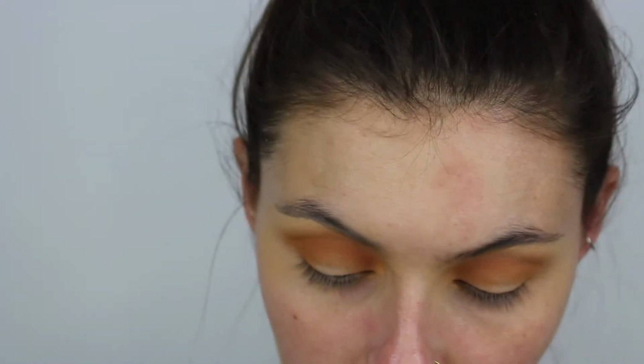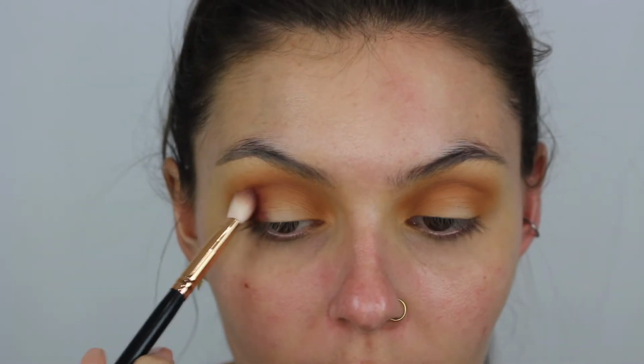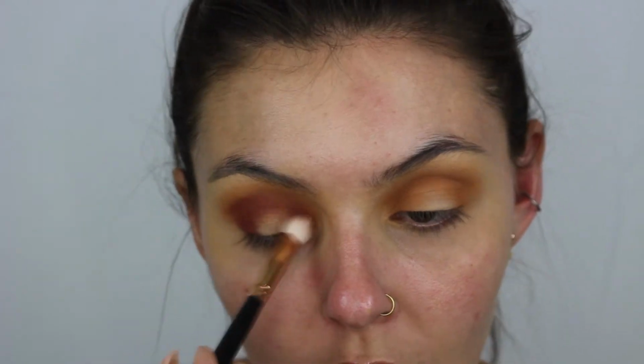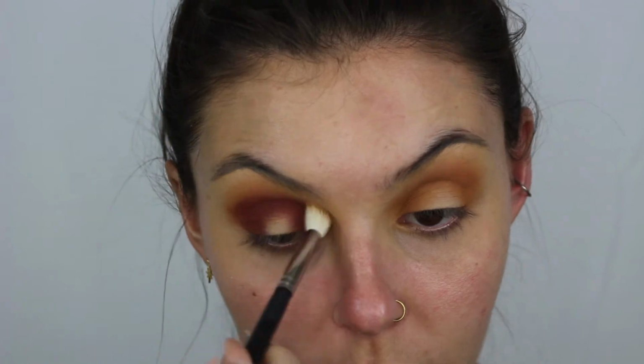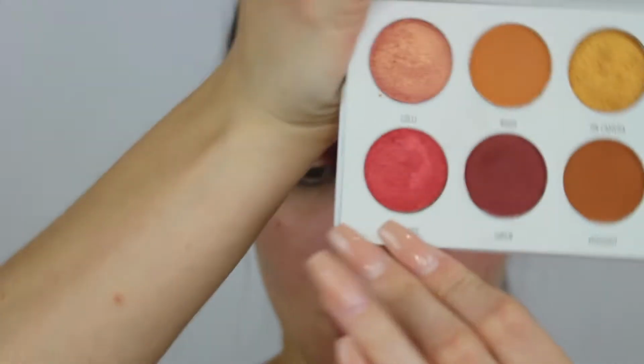I'm gonna take my R39 brush and go in with Framed here. It's a really pretty deep purple, purpley red. I'm just gonna pack that. It is so flippin' gorgeous. Oh my god. So fall, so warm. So I'm gonna go in with Bomb Ass, and I know I've used this color already,